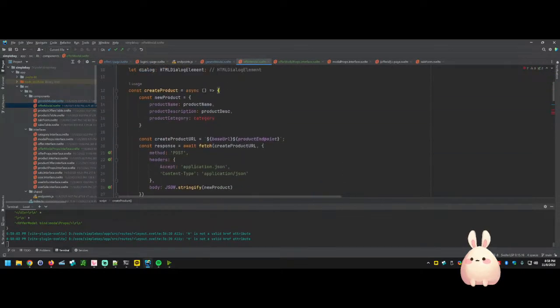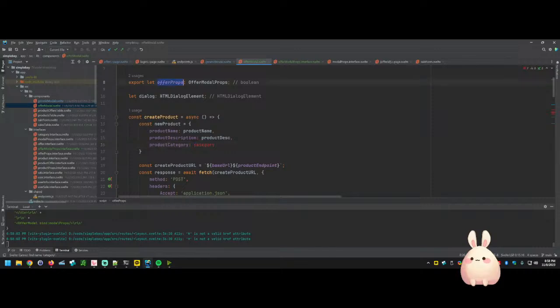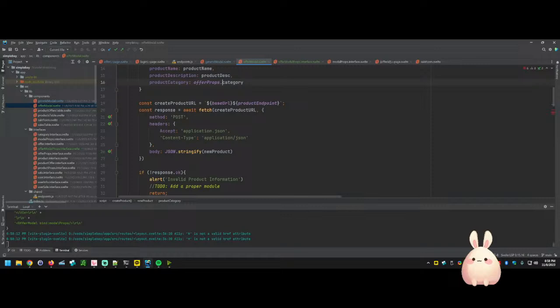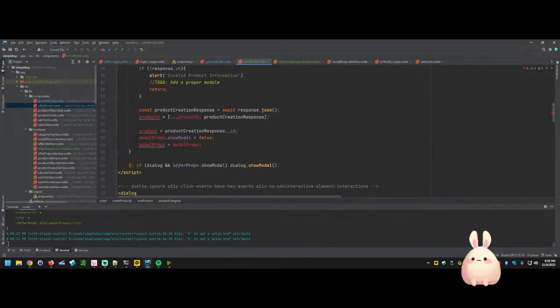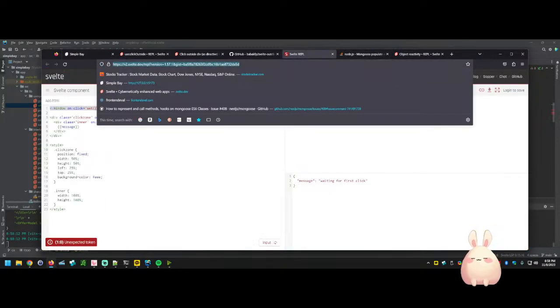So we have our products. This is going to come from our modal props now. So we're going to say offer props dot category. That's great. Creates it. Now we have to send back products up the line. How do we want to do that? Let's look that up. And we've done it before, but